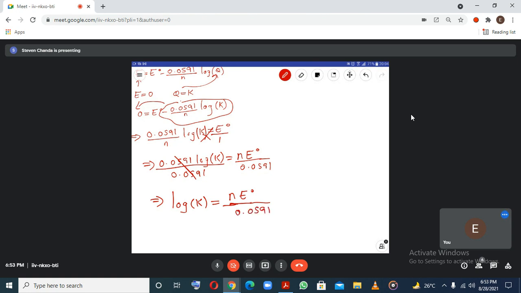So tomorrow, this is the equation that we are going to make use of. And after that we talk about batteries, we talk about corrosion, then we are done with electrochemistry. So basically that's what we'll be looking at. So maybe tomorrow we can wind up and finish the